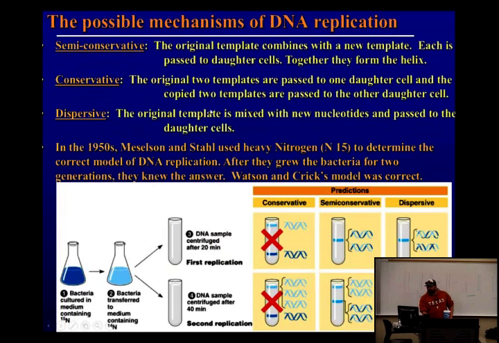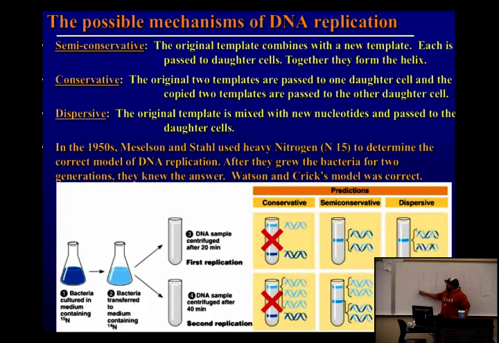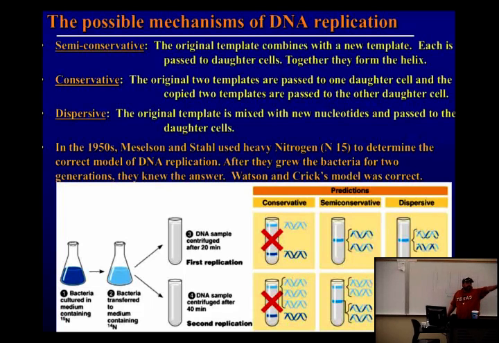So they proved that. Those guys didn't do the experiments. They just wrote about it in their paper. But what they did was they grew organisms in heavy nitrogen. So what's the nitrogen's molecular mass normally? 14, right? We agree? So you should have learned that in chapter 2. Hopefully you know that. But there's such a thing called nitrogen 15. So what does that mean? It has an extra neutron.